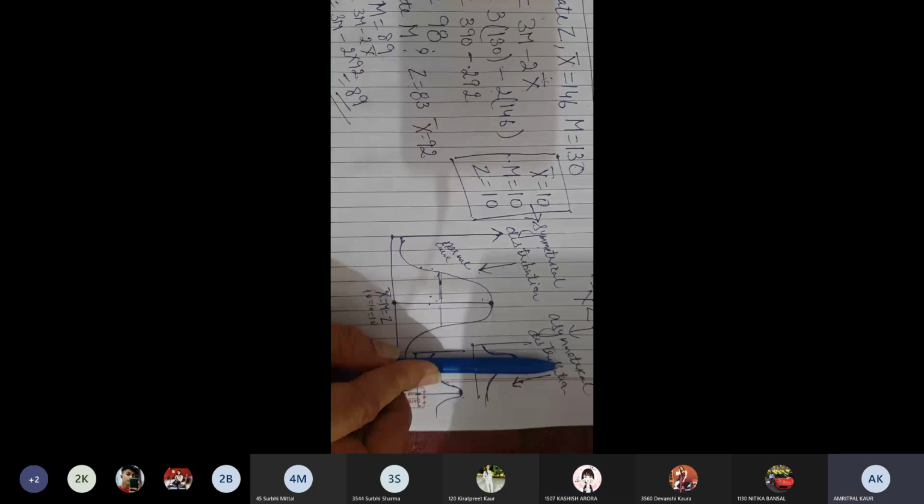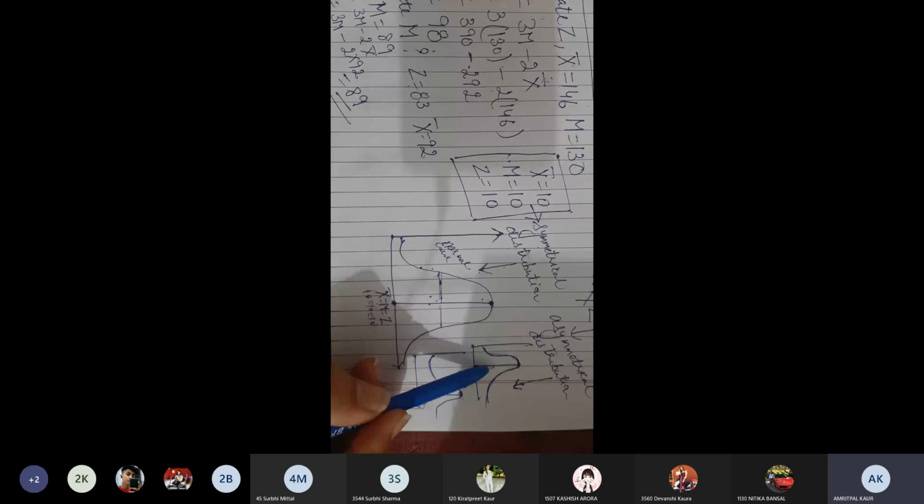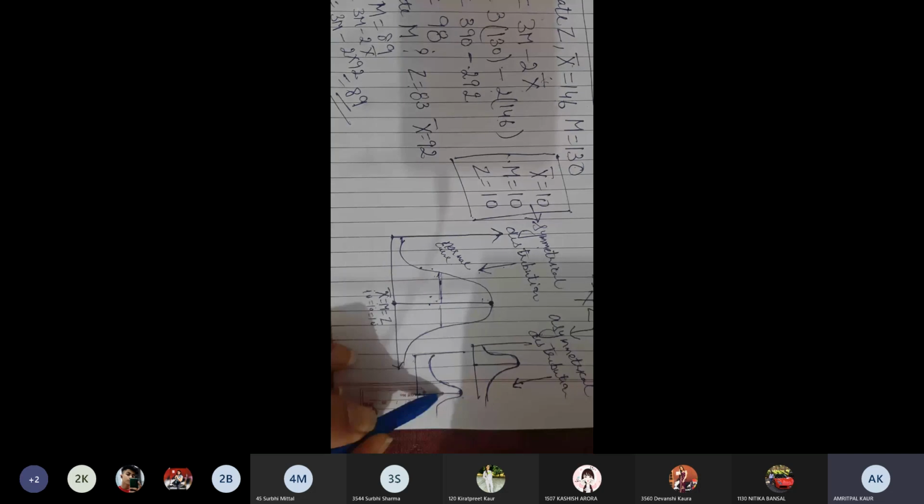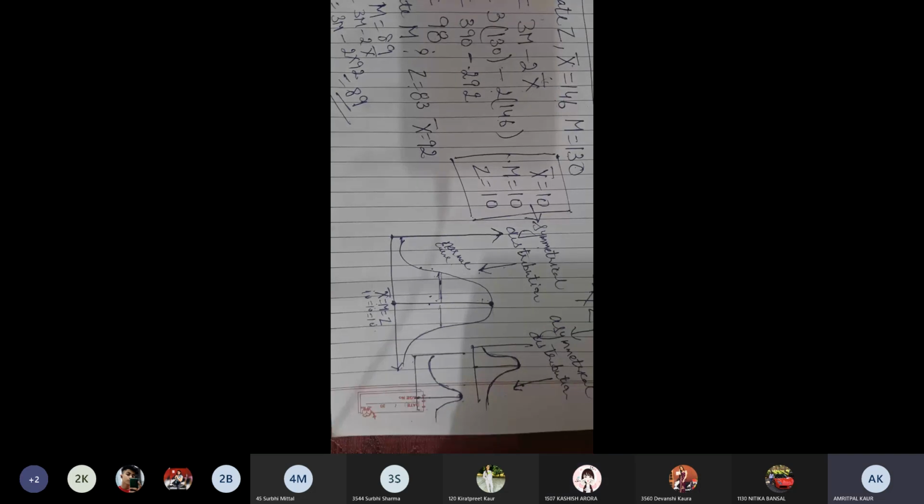No, ma'am, there is a difference now. So this shows that mean, median, mode are not equal. Or if the curve is like this, here also from this center point, the highest point, you see both sides the curve is not going in a similar way. There is a difference. So this also shows asymmetrical distribution, meaning mean, median, mode are not equal to one another. Clear? Yes, ma'am. Clear.